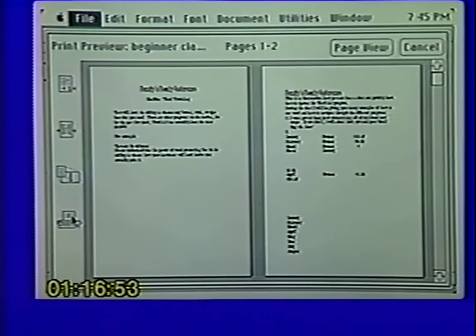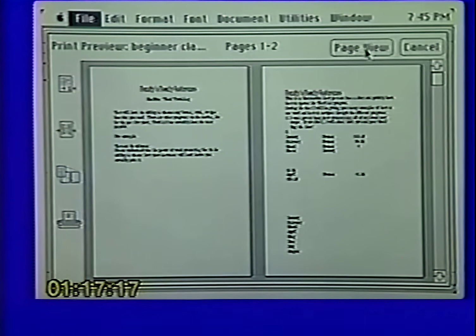Back on 3.02, you used to have a little magnifying glass. And what that allowed you to do is to click on the magnifying glass, come over into your document, click, and it would blow up the document so you could read it. In the new 4.0, you don't need that magnifying glass because you now have what is called Page Preview. Now Page Preview, when you click on it, will look just like your galley view. It'll look just like what you've been typing.